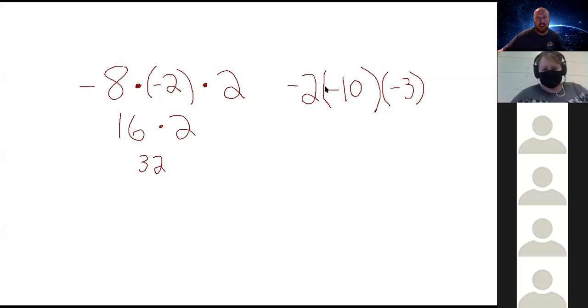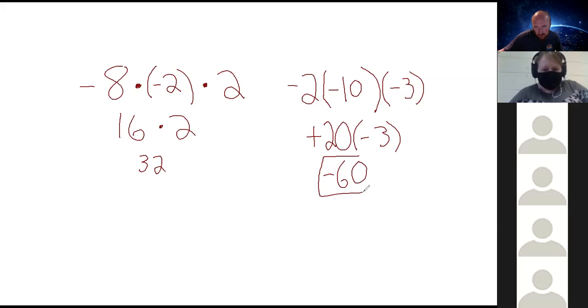So if we take a look here, we have a negative times a negative. A negative times a negative is going to give us a positive, and in this case, a positive 20. And then we need to multiply by a -3. So we have a positive times a negative, and a positive times a negative would give us a -60. Okay. So again, all of these had the same sign. If we use that same sign, different sign rule, we would think positive. But because, like I said, that only works with 2 integers,